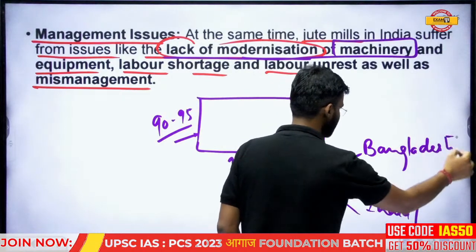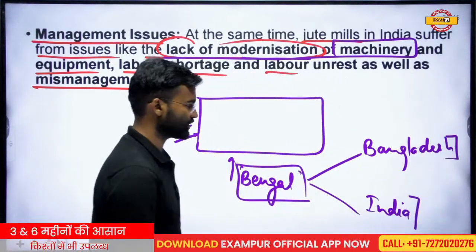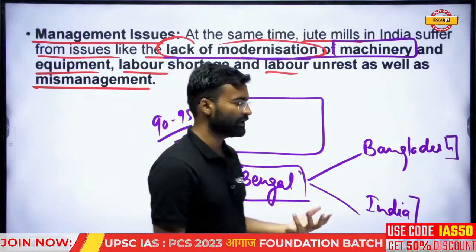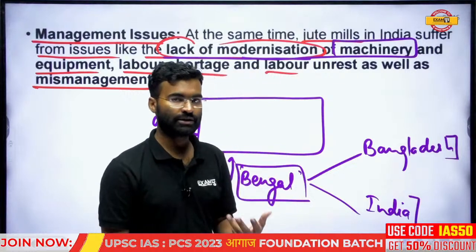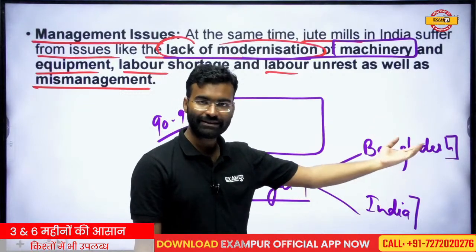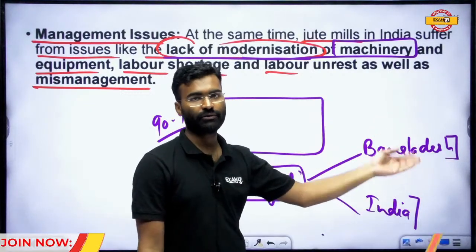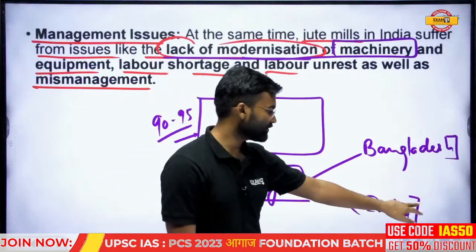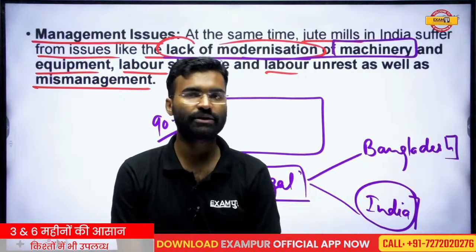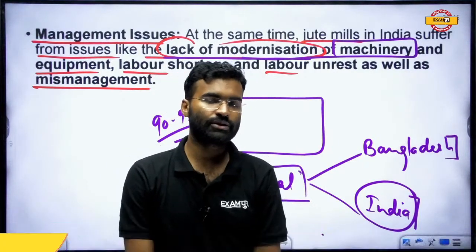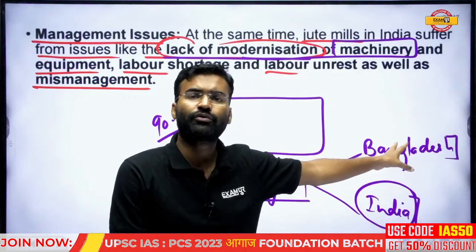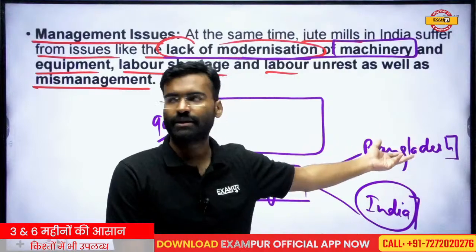So if these two countries have the maximum region of jute production or jute-favorable region, who has the responsibility, who is more accountable for the innovation? Innovation should be done by these two countries, but they are not focusing on innovation. India is focusing on innovation at the present time, but Bangladesh is a poor nation, so it is not more focused on innovation, because there is a lack of